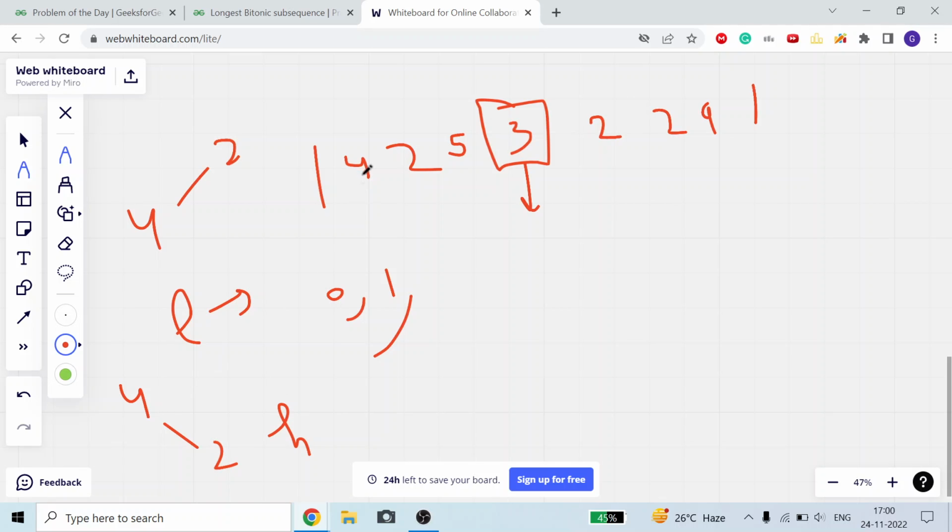In my L we will only store the left side increasing part. My H will store the decreasing part. Okay, I will tell you, just understand L for now. For 2, is 4 less than 2? No, it means 4 cannot be included in my L. So 4 and 2 cannot be my bitonic sequence for L. L means the previous number should be less than 2 so that it can make a left side bitonic sequence. Okay, so it is not possible, but for 1 and 2, yes, 1 and 2 is possible.